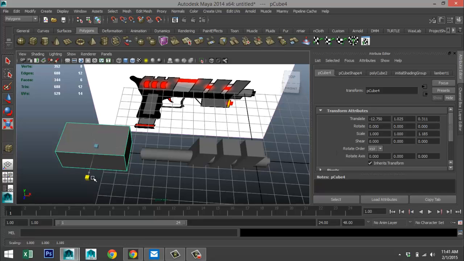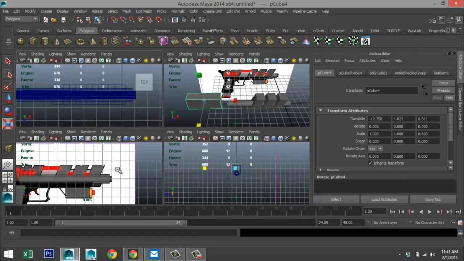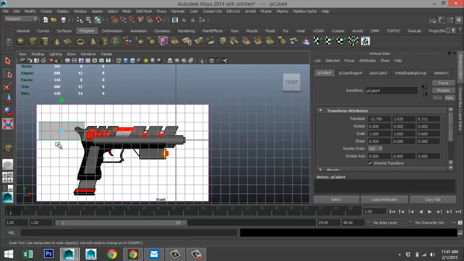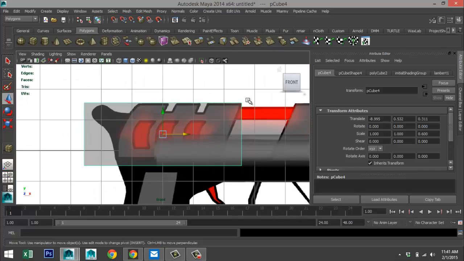0.6, that's good. We're going to move it in from this end. So take our object, hit W, bring that down, and bring that in. F to zoom in. We're going to align this top corner here, all right?